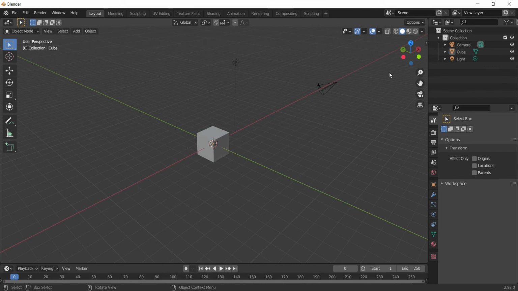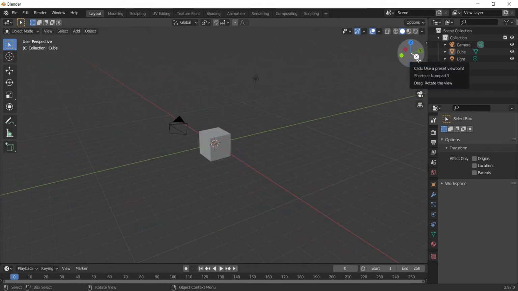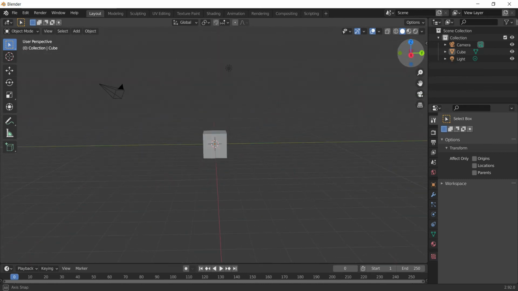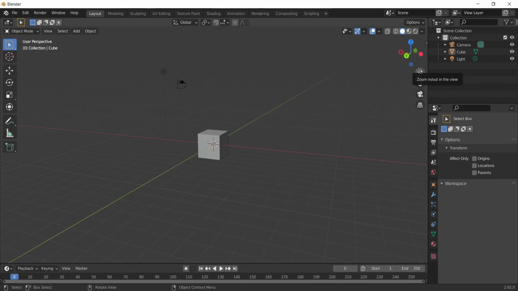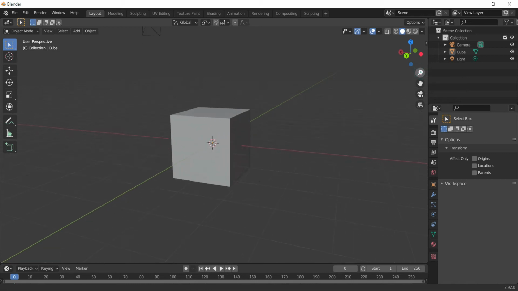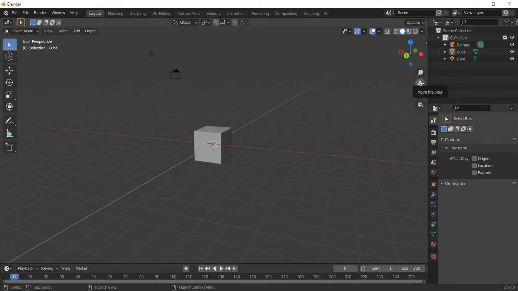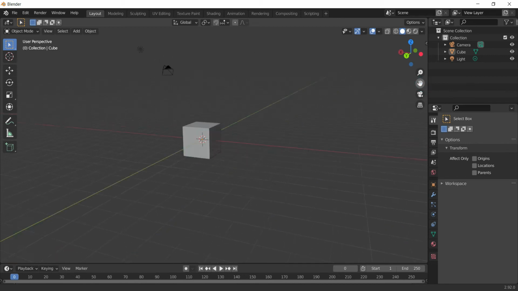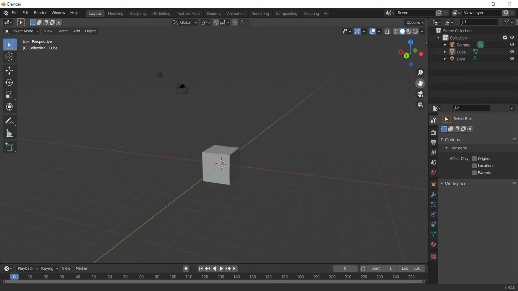To orbit, you have two different options. First is you need to bring your cursor on the top right side on this gizmo where it is indicating you the X, Y and Z axis, and as you roll over your cursor there is a small translucent circle which is highlighted. So if you click here and you move the mouse, then it orbits around the object or the center. Now underneath that you have this first tool which is for zooming in and out. So click on this and you can zoom in and out. And then we have this third tool called pan. So with this we can pan around the object.